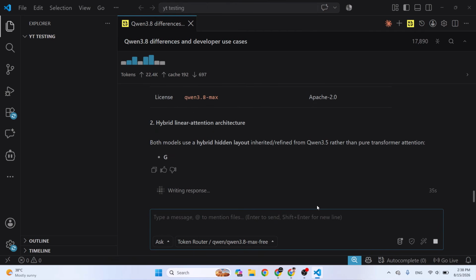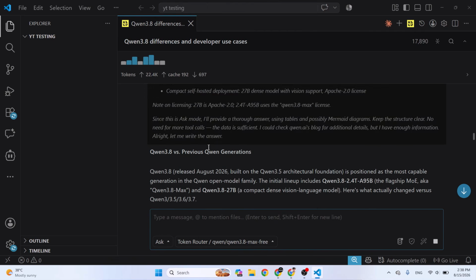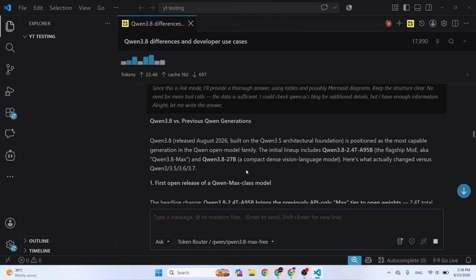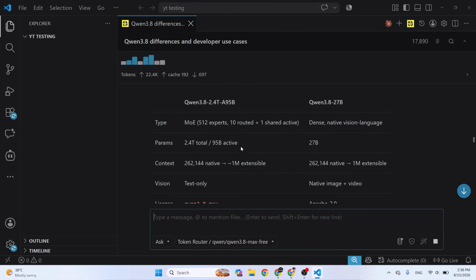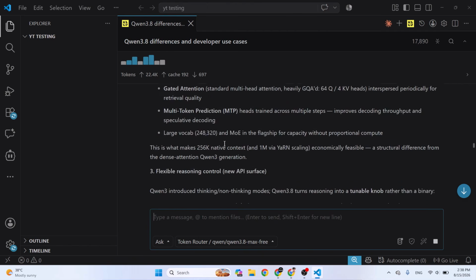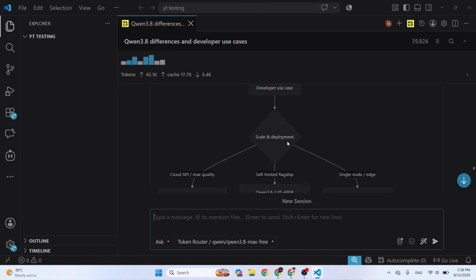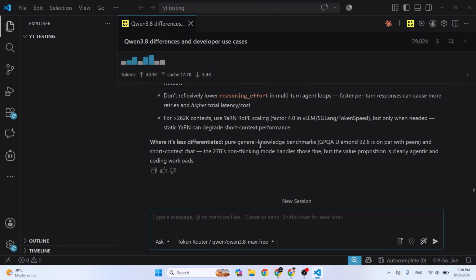Yeah, Qwen 3.8, you can see this is the response. You can read all about this versus the previous Qwen generation. Qwen 3.8 released August 2026, like this. All details are listed here. Okay, that's it, all about this. You can look at even the chart. You can see this developer use case. This is the response of Qwen 3.8 Max, but let's use a prompt to generate a developer portfolio website, and